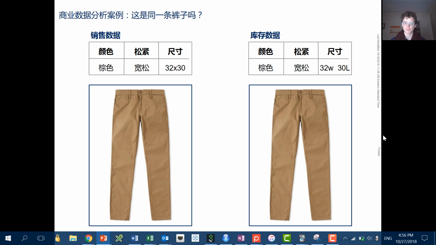So here's what was happening. We have two pants. We have sales data and we have inventory data. In order to merge these two data sets, we need to use these three unique identifiers. And let's pretend in this case there are only three. There's color, there's fit, and there's size. And if you have these three, then you have a unique pants. So they're looking to say, okay, what is our most productive pant size combination? So we need these three characteristics.